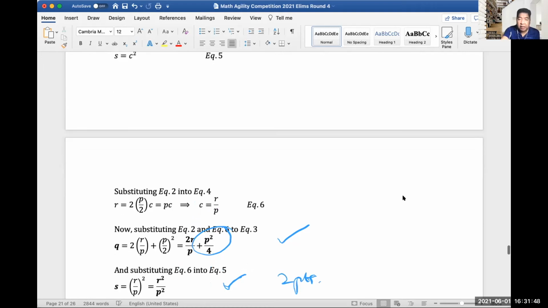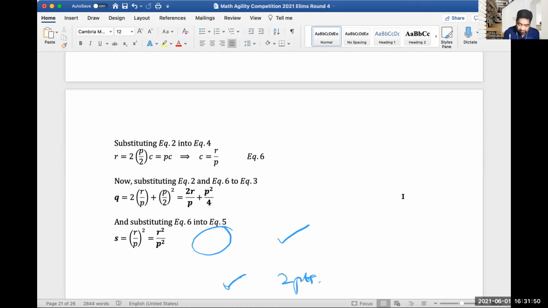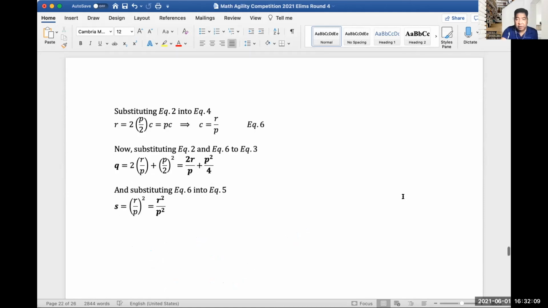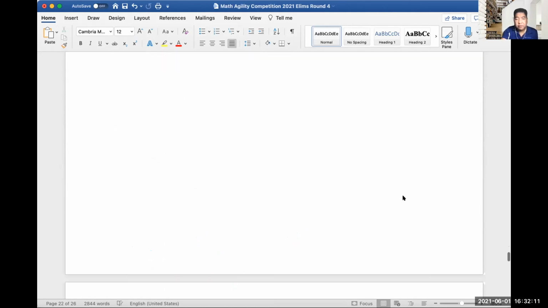So let's take the value of s in terms of r and p. We know that it is c squared and c is r over p. So squaring that, s equals r squared over p squared. Again, that's 2 points if you get that correctly. So we're done with that. Let's move to